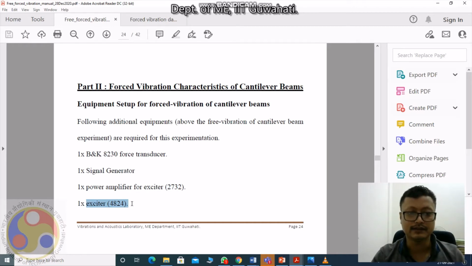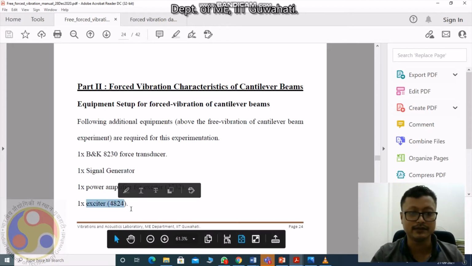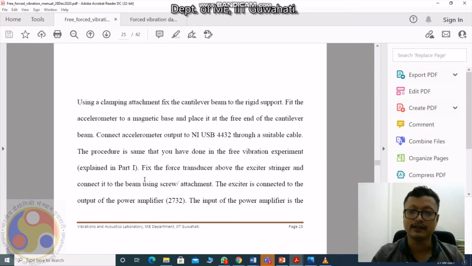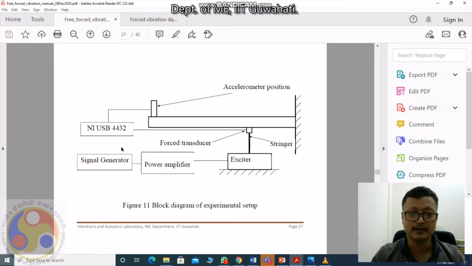We define the frequency using a signal generator, like a sinusoidal wave, giving a particular frequency. You can set that accordingly, and your beam will vibrate accordingly. So the only difference is we are using an exciter and signal generator for this forced vibration experiment. The data signal is collected through the accelerometer only.